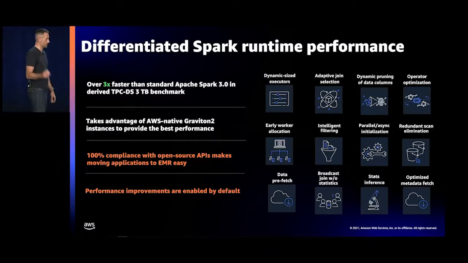You can see on the right side some of the optimizations that we implemented for the Spark runtime. I won't go through all of them. I will just take one example, dynamic sized executor. Without dynamic sized executor, you basically need to set your memory and CPU for your executors, and you need to match it with your cluster configuration, the instance type, instance size. It can be tricky, and you can waste some resources. With dynamic sized executor, EMR takes care of this for you. It will just check the configuration of your cluster and adapt the Spark executor configuration to ensure that you have optimal resource utilization.